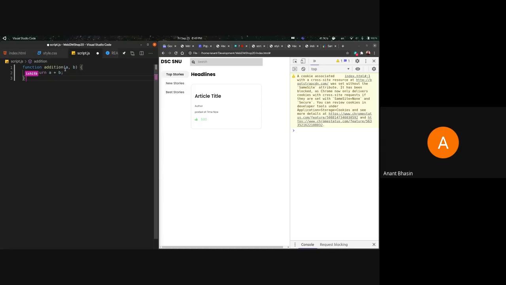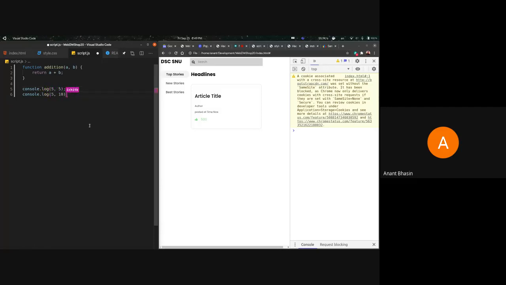Over here we have A and B, the parameters or the input, and we're returning A plus B. So this function will take in A and B and give us A plus B. That is the most basic function we could make with some parameters.